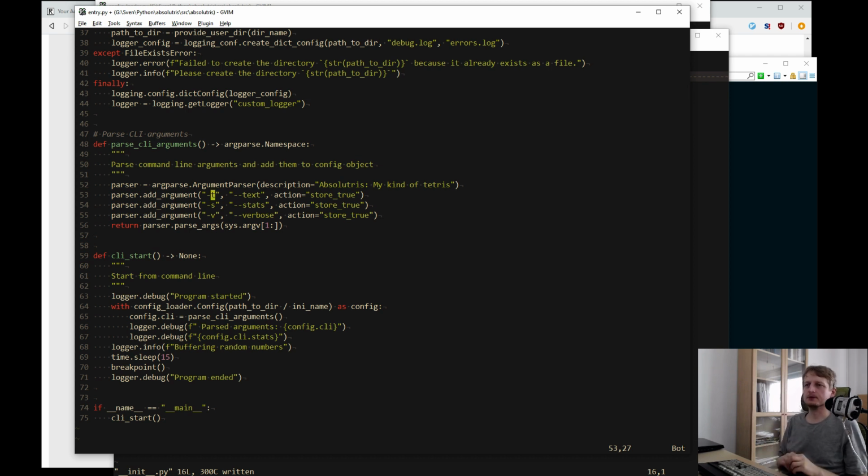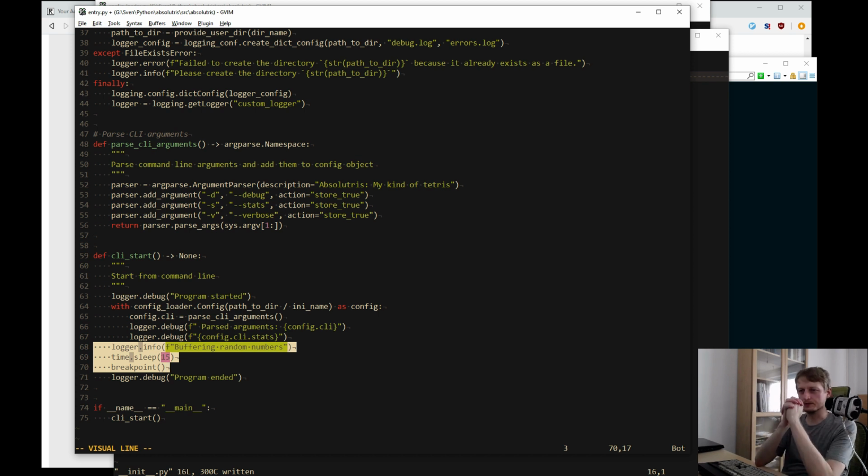I want something like debug mode rather than text mode. Even that is not true.